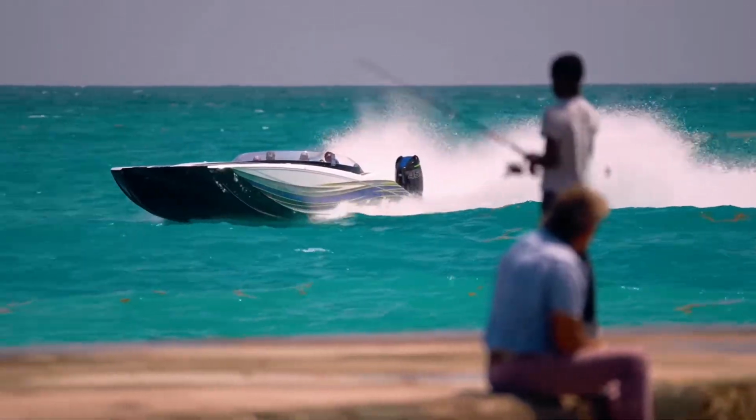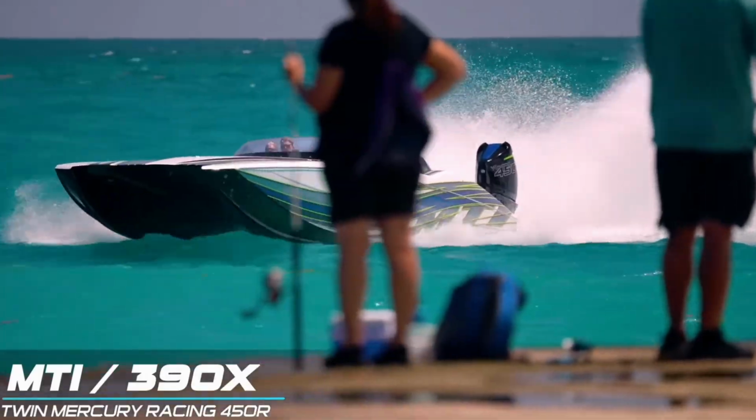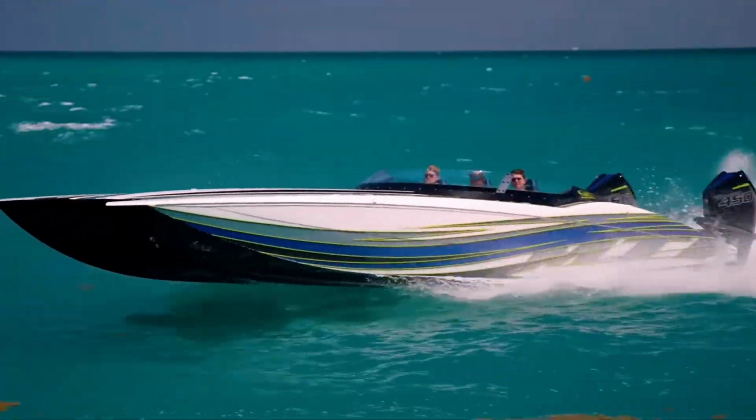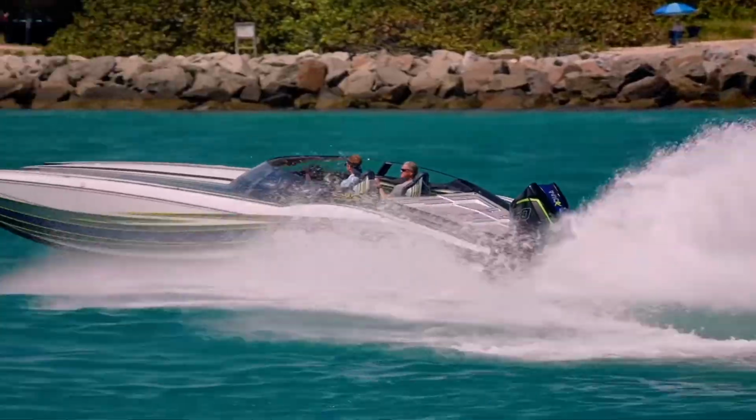Welcome back, guys, to Boats vs. Haulover, where man and machine take on Mother Nature down at Haulover Inlet in Miami, Florida, and our captains are in for a little bit of a surprise today. It's starting off a little calm down here, but they are progressively calling for it to get a little rougher down here at the inlet. But let's see how our captains fare as they all step in the ring and try and do battle with